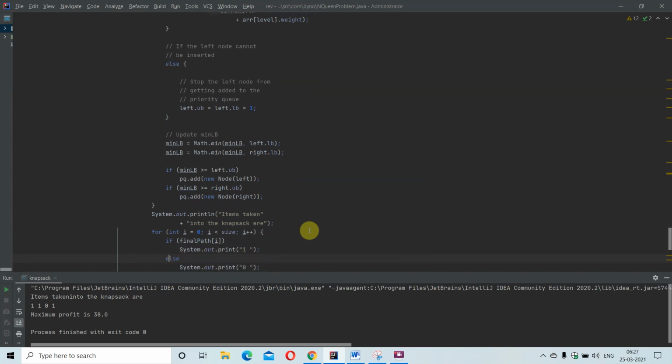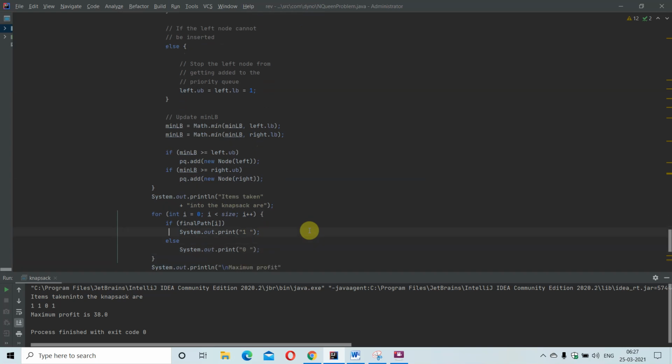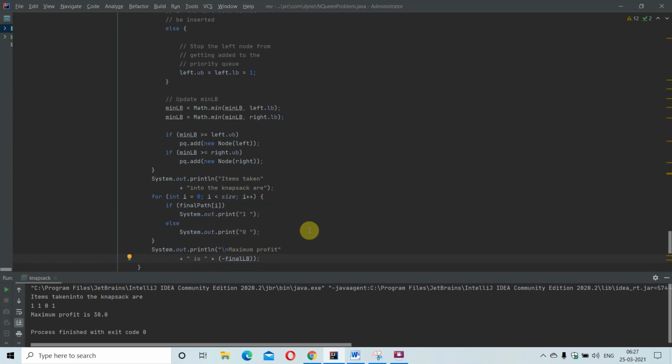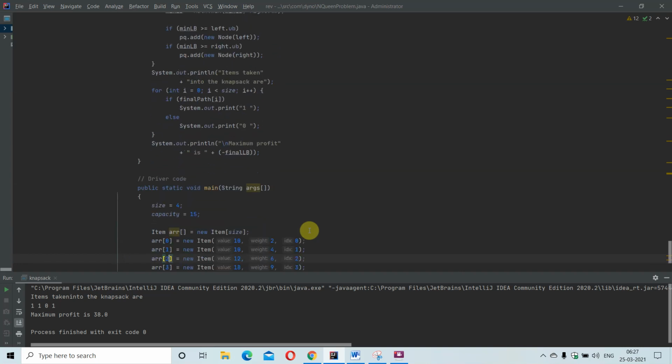Now the items taken into the knapsack will be printed, and using a for loop you iterate through the loop and check whether final path of I is true. If it is so, 1 will be printed, if not 0 will be printed. Then the maximum profit will be printed.